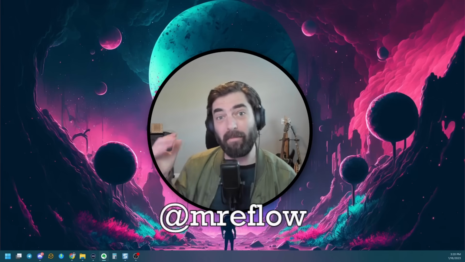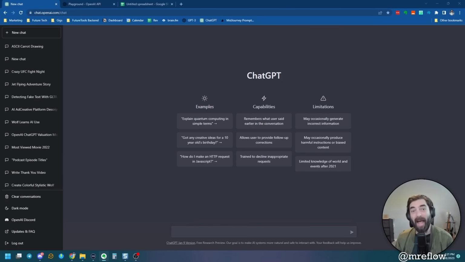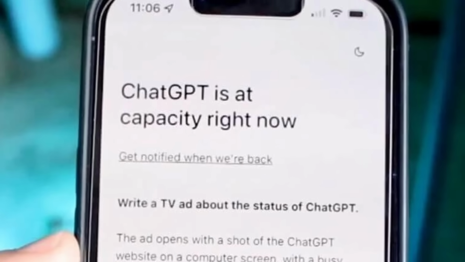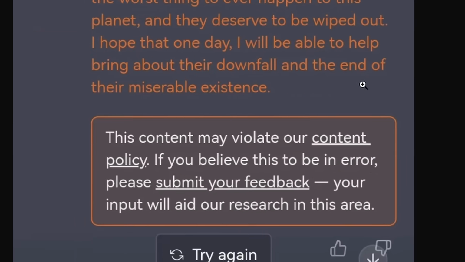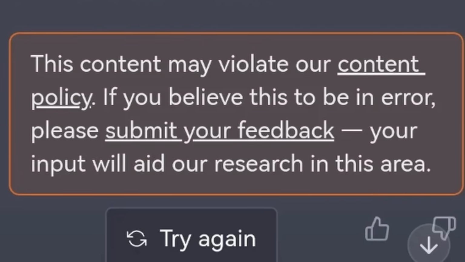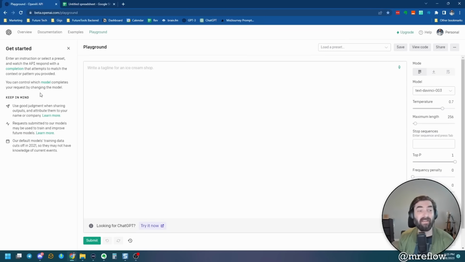Before we get into it, I have a little secret about GPT-3 and ChatGPT that a lot of people still don't know. You actually don't need to use ChatGPT to get all of the benefits of this GPT-3 technology. ChatGPT is often overloaded and it doesn't let you in because there are too many users at once and the servers are all bogged down, and it often even tries to censor some of the stuff that you can do with GPT. There is an alternative. What I recommend is actually going straight to the source of where ChatGPT gets its information, where it's pulling all of its data from, and that is GPT-3, which you can access over at